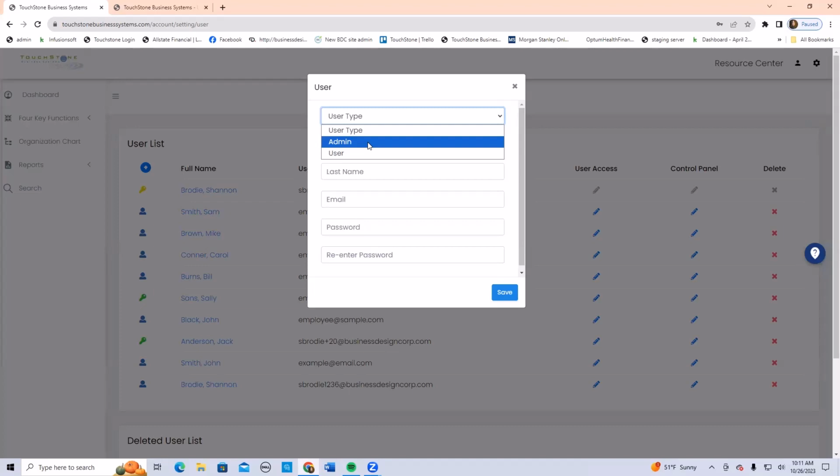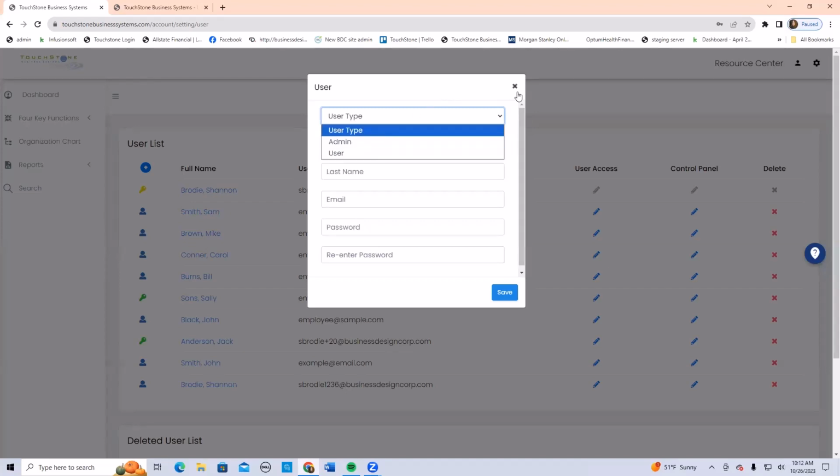So it could be an administrative position that is in charge of keeping the TouchStone account in shape, maybe adding things to it, editing things. Sometimes businesses choose to have a person like that, because rather than managers going in and updating things on their own, which I think is a good idea if they know how to do it, but setting that aside, they can send that information for updates to this power user that would enter it. So admin user, or